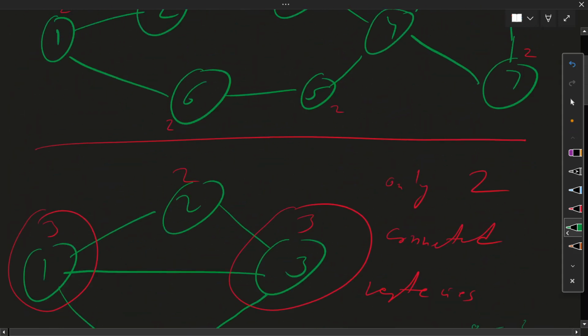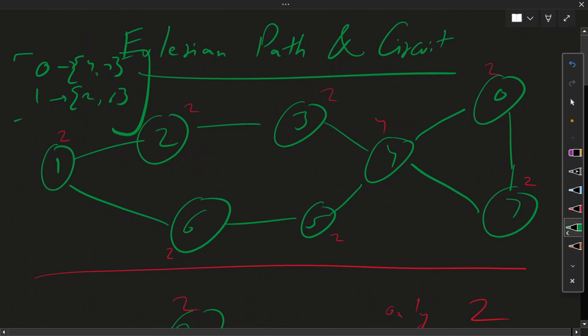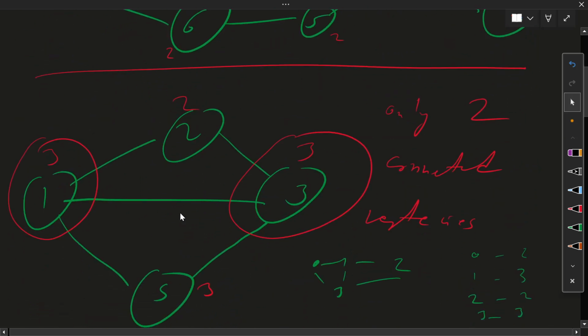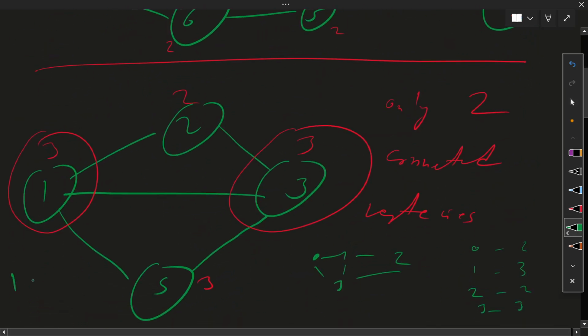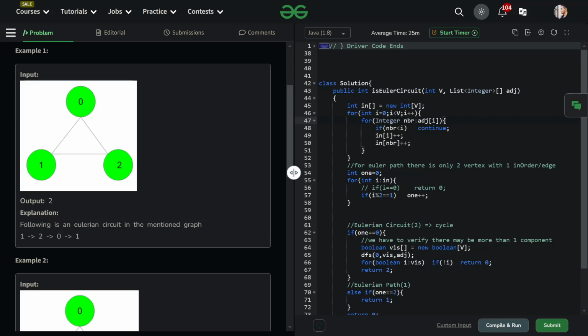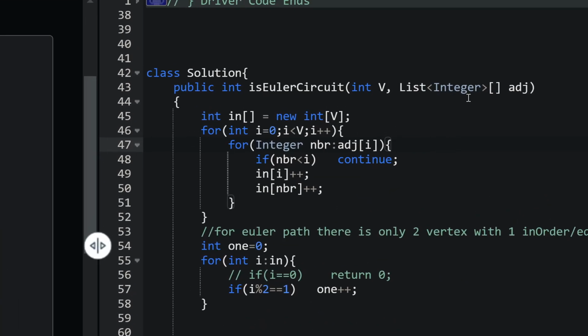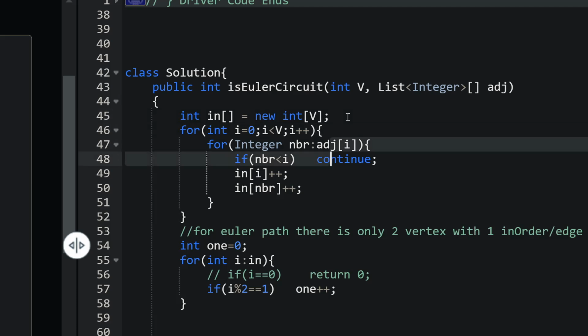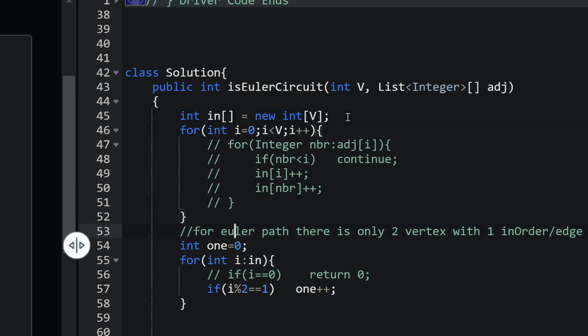What about even? What about odd? For 1 we have 2, 3, and so on, and it is connected to 3. So it is simple as that. Inside the code we don't need this for loop.